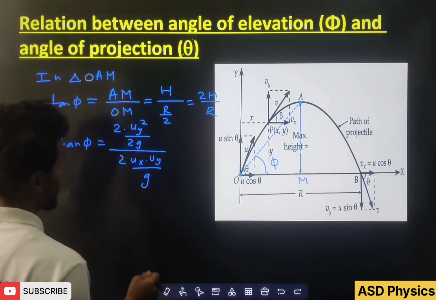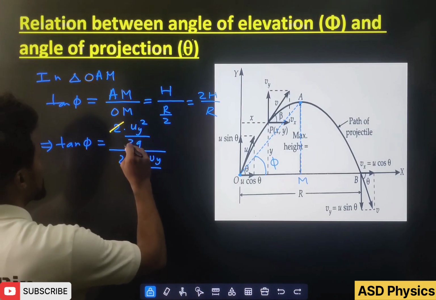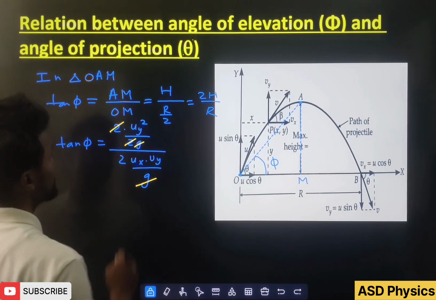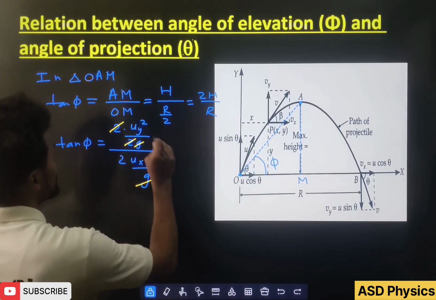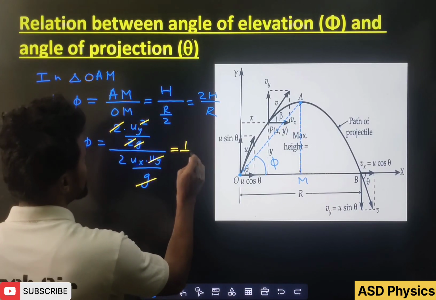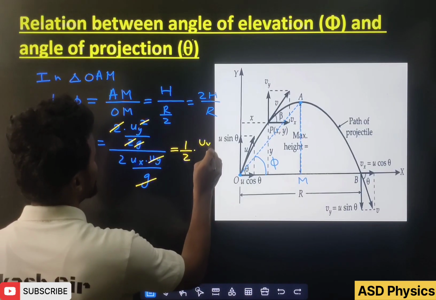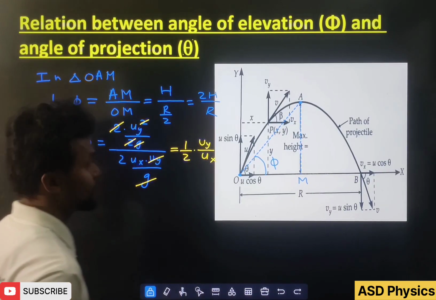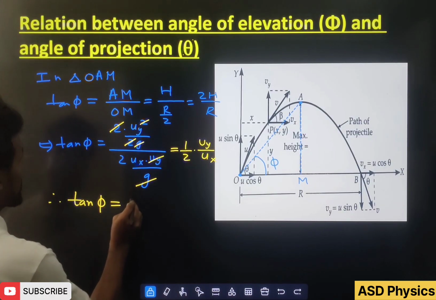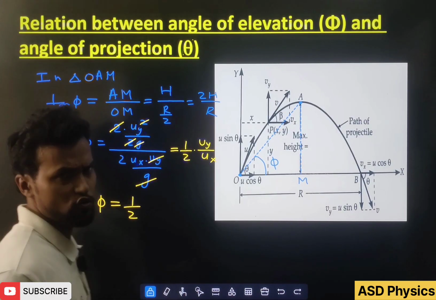I am writing in the component form here. So what will happen? This 2 will cancel out, and from this g will cancel out, and from this uy, one uy will also cancel out here. So you can write here, students, 1 by 2 will come here uy by ux. Hence we can write tan phi is equal to 1 by 2 uy by ux, meaning